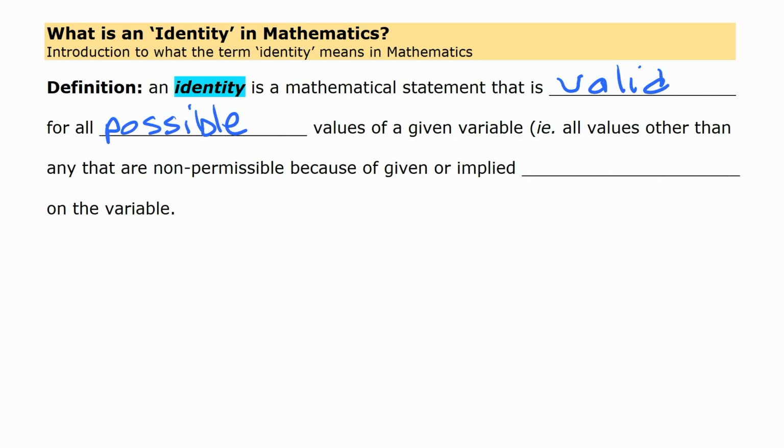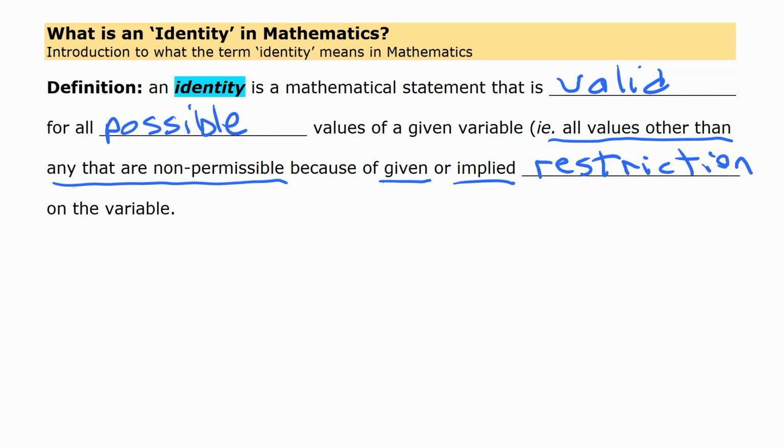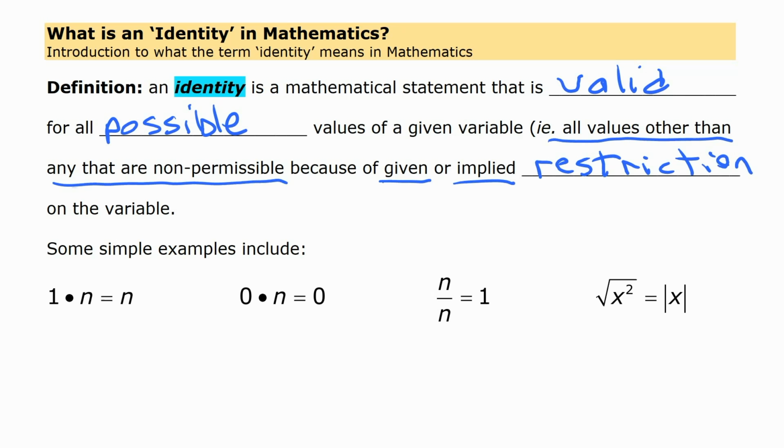And as we'll see in a little bit, the key here is possible, meaning all values other than any that are not permissible because of either a given or implied restriction on that variable. Now, I've got a few simple examples that we can look at here. They summarize some pretty straightforward basic facts, but they're all identities because, as you'll see, they work for all possible